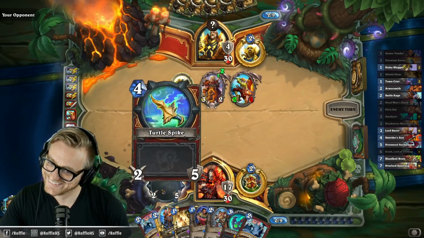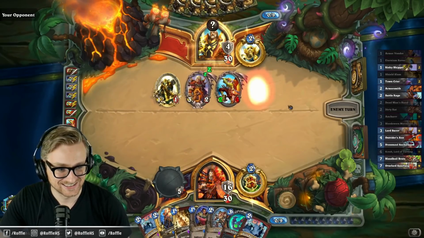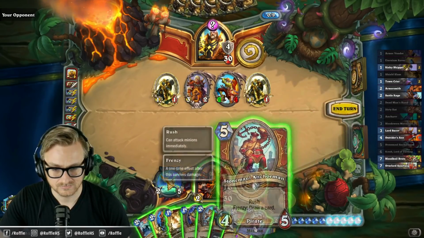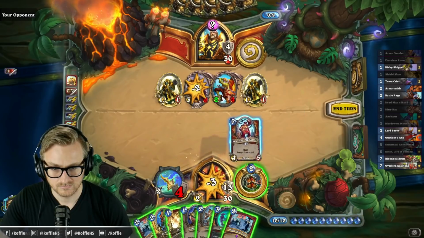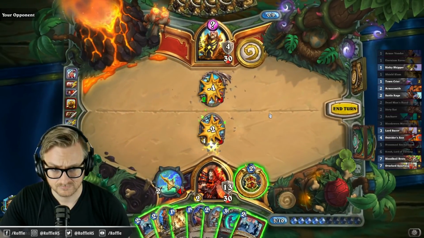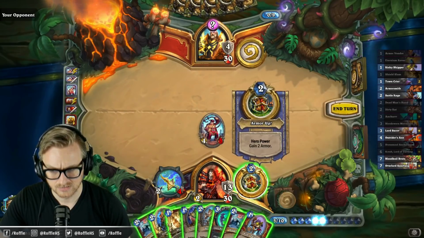Although, there's one thing I have, it's weapons, I guess. Reporting for duty. I will not be denied. Seems like a good turn. Well, I did in fact draw the skipper, so...